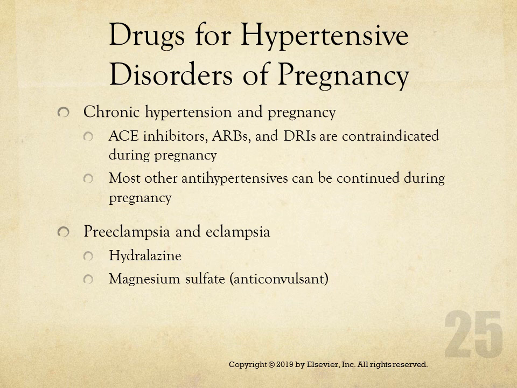Hydralazine. For drugs for hypertensive disorders of pregnancy, if there's chronic hypertension in the pregnancy, ACE inhibitors, ARBs, or the direct renin inhibitors are contraindicated. So if the woman becomes pregnant, she needs to be switched to another hypertensive agent, because most of the others can be used, and a lot of times it's considered a risk benefit. For preeclampsia and full-blown eclampsia, you want to use the hydralazine, or when they have to, they'll use